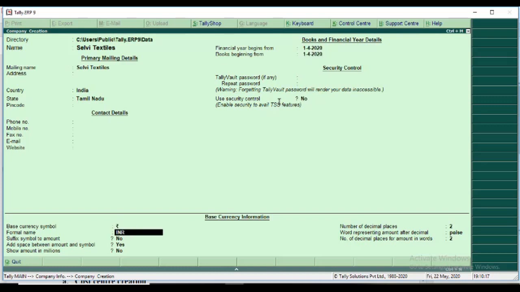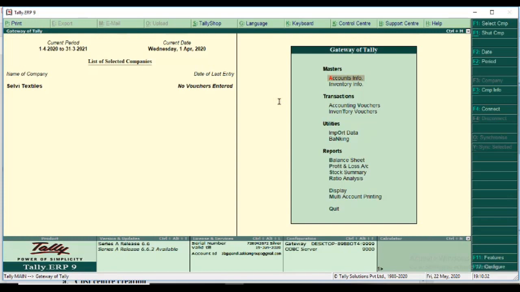So I skip balance columns. I skip also. Okay, I accept. The new company Selvi Textiles is created, and then I move to the activation session.